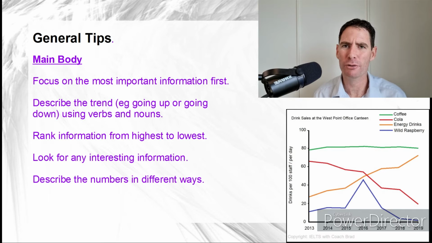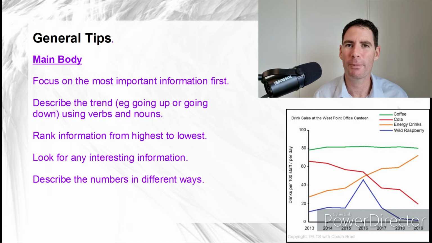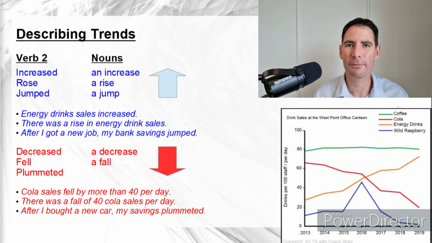Have a look at wild raspberry sales. In one year, it went up extremely quickly and then went back down. That is the most interesting year for that line. And learn to describe the numbers in different ways. That is very important so you do not repeat the same vocabulary and way of describing the numbers the same every single sentence. So the most important part of this type of writing task is being able to describe the